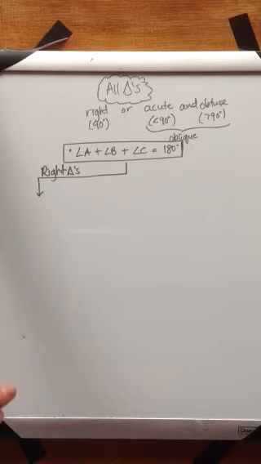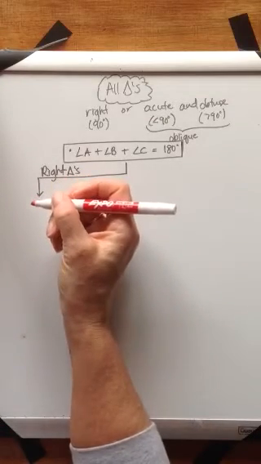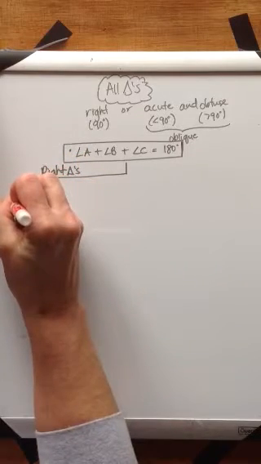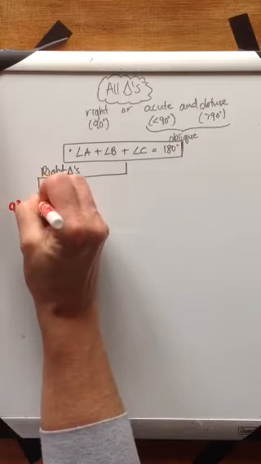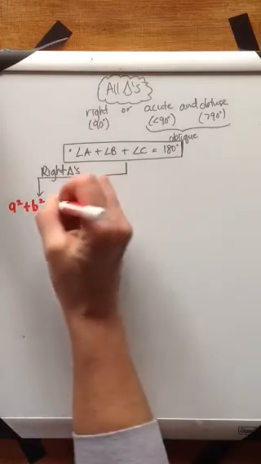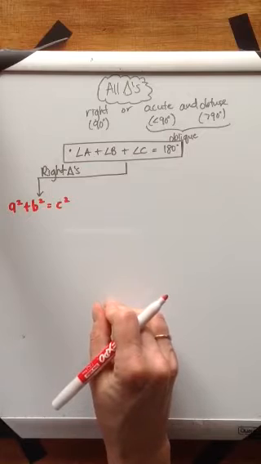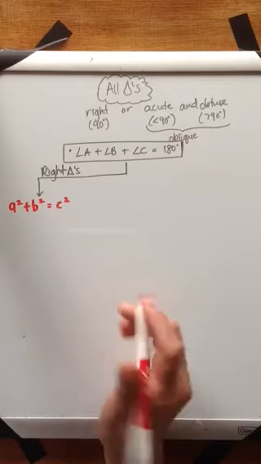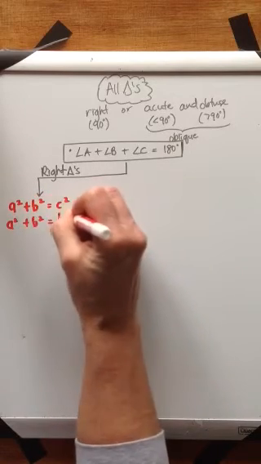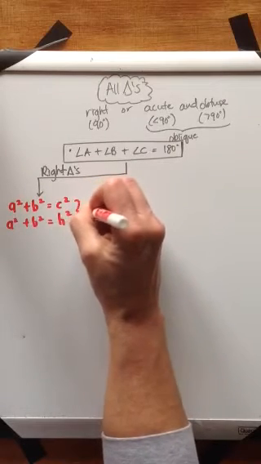When it comes to right triangles, the one tool you came into this unit with is the idea that the sides of a triangle where there's a right angle have a relationship with each other. And that is that the legs of the triangle, the two shorter sides, when they are squared first and then added together, are equal to the square of the hypotenuse. And some of you might be used to seeing the Pythagorean theorem written this way, or you might also be used to seeing it as this, where instead of using the letter C, we use the letter H for hypotenuse. Okay? So the Pythagorean theorem is great